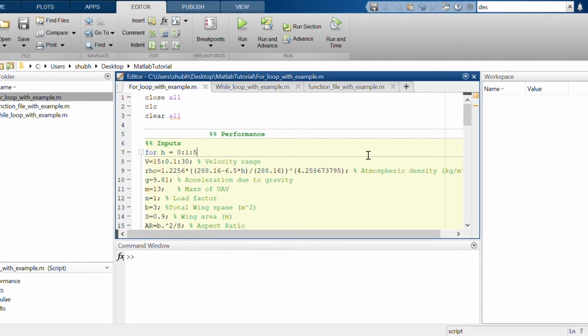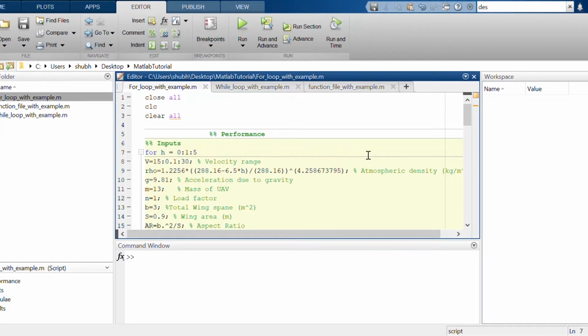So if you write a small program where your input is W, your input is reference area, your input is velocity, and your input is the density at what altitude you are flying, so basically air density. You just insert these inputs. For each input you will get CL. If you are fixing everything and you change the velocity, your CL will change. So you just update the value of velocity and you will get the updated value of CL. From this example you can see how beautiful MATLAB is. This is a very small example. Later we will discuss more about this.